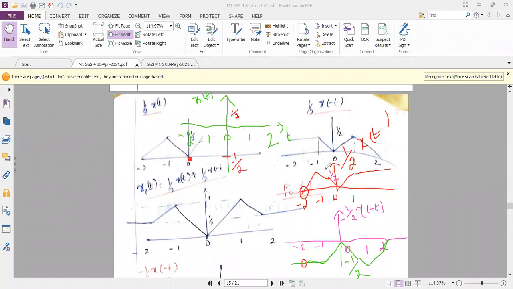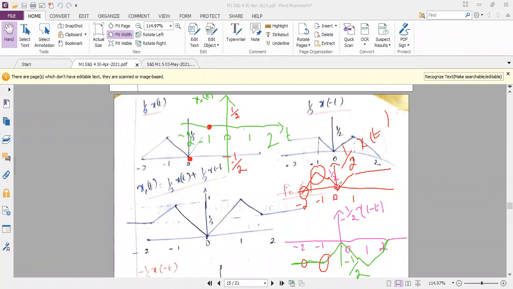And at minus 1, when I compare the two diagrams at minus 1, so the first diagram says it is 1 by 2, but the second diagram says it is minus 1 by 2. So now what happens is at minus 1 plus 1 by 2 minus 1 by 2 gets cancelled. So that means I'm getting 0 as the amplitude at minus 1. So I have marked in the diagram. Now let me check at 0.